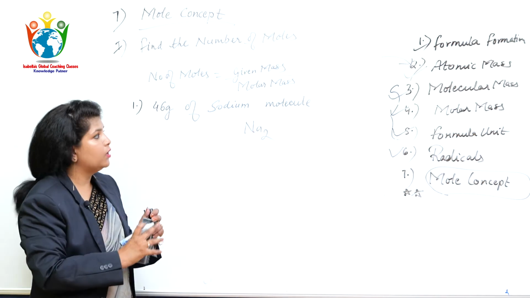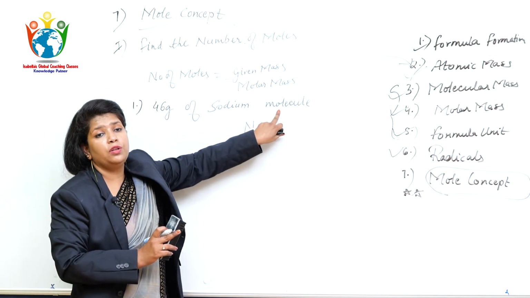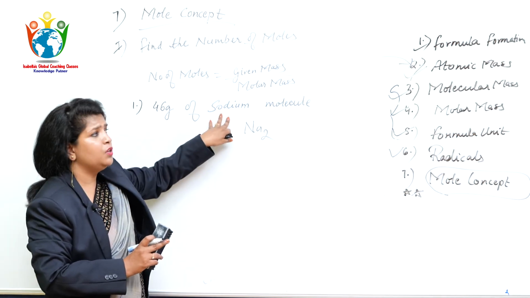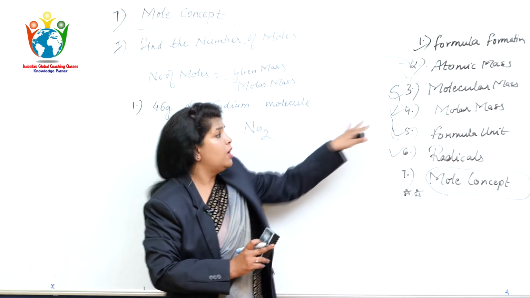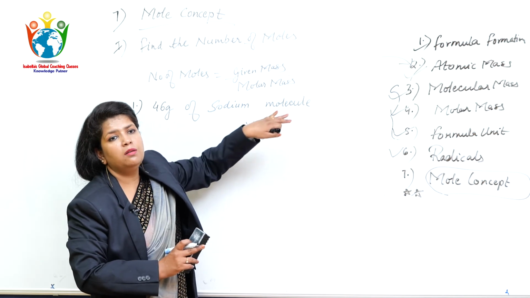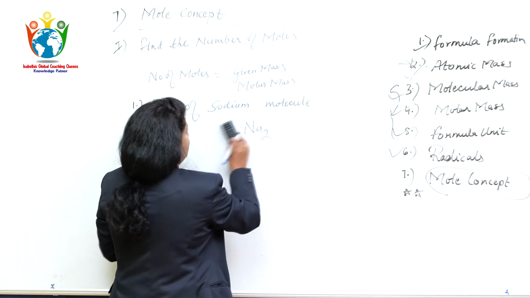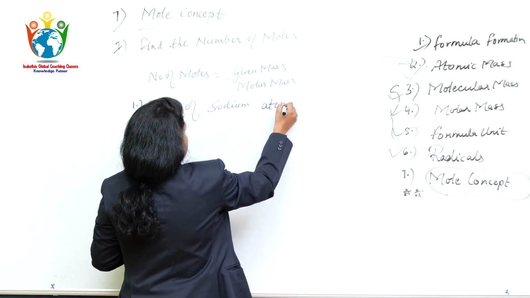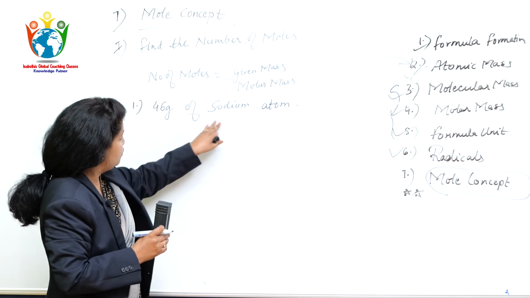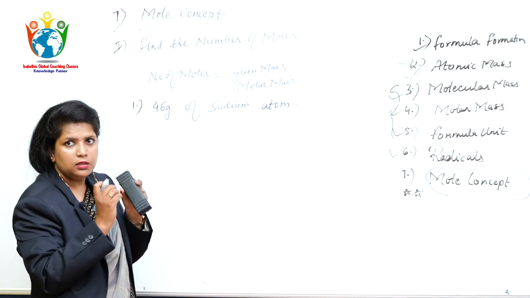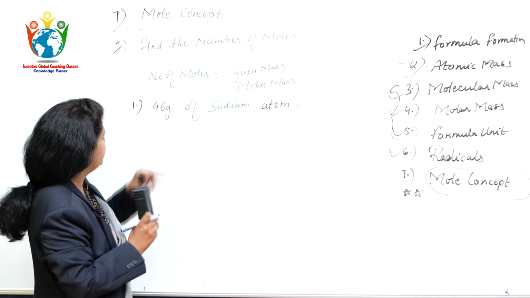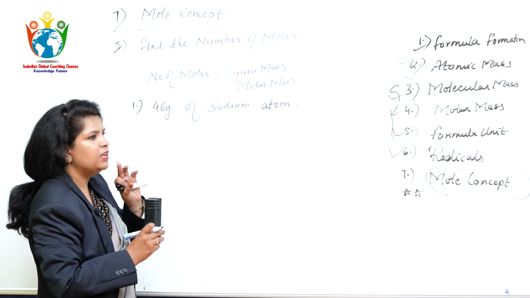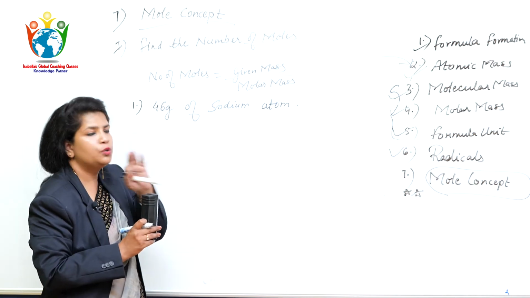So when you are solving, you have to read the question very carefully, especially in chemistry. A simple mistake of yours, you might be knowing everything, you might be knowing how to find molecular mass, but here if you make a mistake, everything becomes zero. The entire question goes wrong. So what have I given you? Atom. Okay, 46 gram of sodium atom. The first thing when we are seeing a numerical: read the question at least twice, because reading once I feel it's not right. We should always read twice.